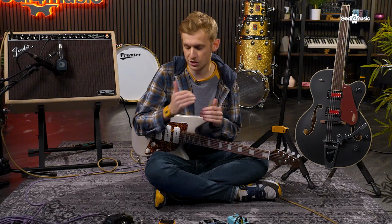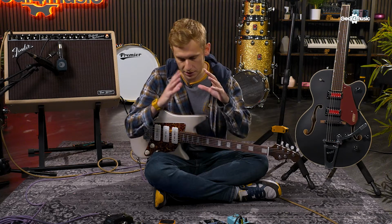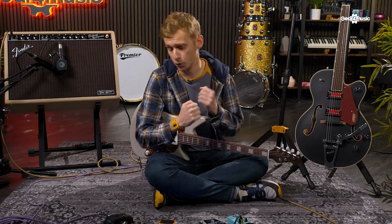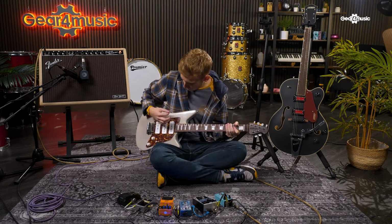And what it does is it lifts your signal and adds a little bit of hair and dirt. And this is perfect if you've got a solo or a section in a song that you need to give your signal a little bit more oomph. The LPB1 does that. So, for example,